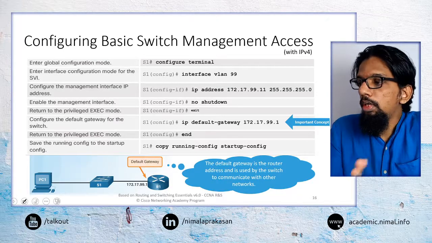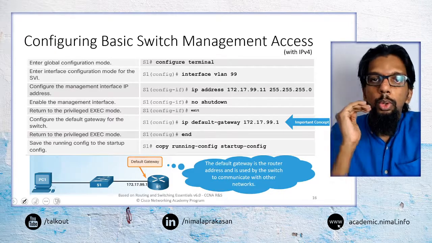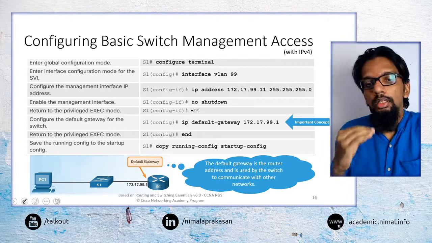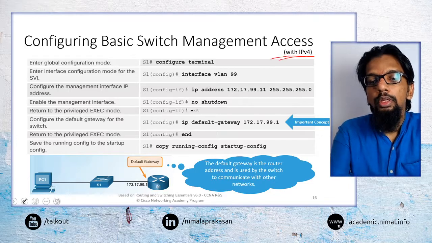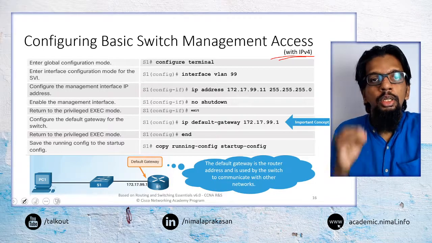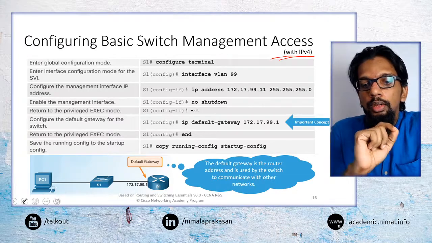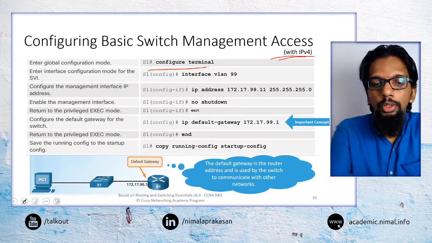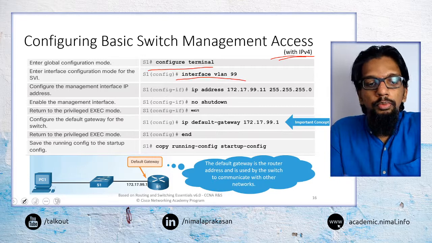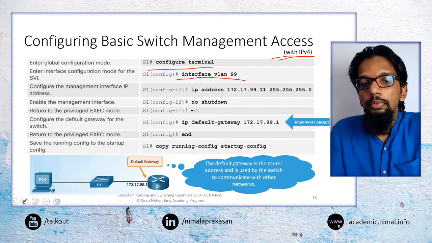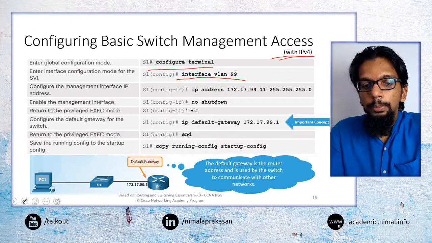So when we think about configuring a switch for management access, what we are doing now is going into the switch and configuring it to give it management access from an IP point of view. So we are assigning an IP address to the switch itself. To do that, we will do a few things. We will go into configuration, and then we would specify a VLAN, the management VLAN, which is what we are configuring.